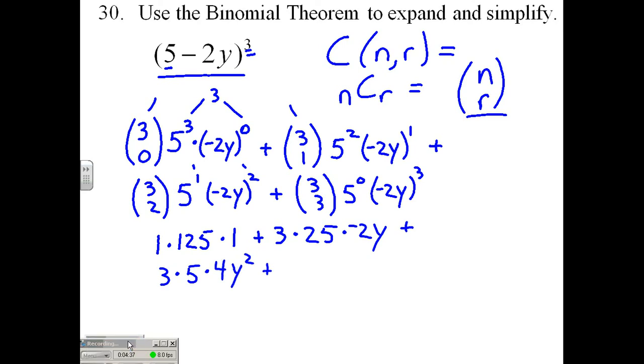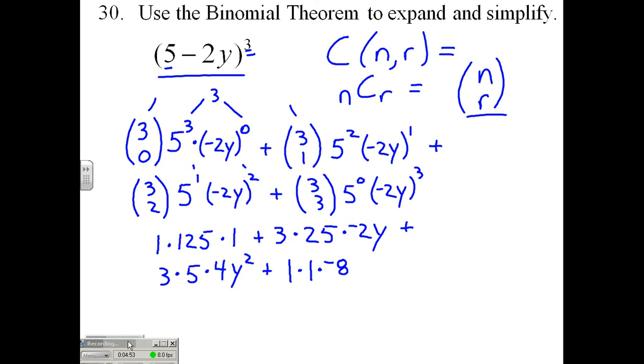Plus C3,3, how many groups of 3 can I choose out of a group of 3? Just 1. Times 5 to the 0th, 1. Times, again, the full allotment of negative 2y's, negative 2y to the third, negative 8y cubed. Giving us a final simplified result of 125